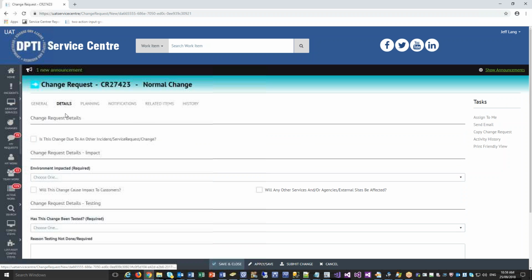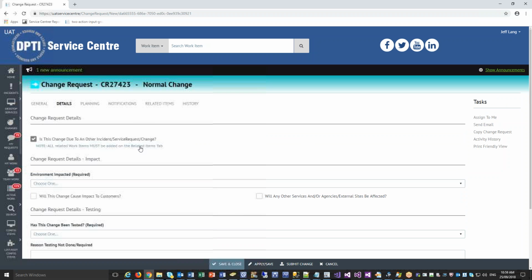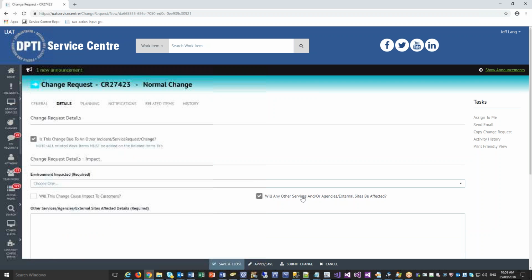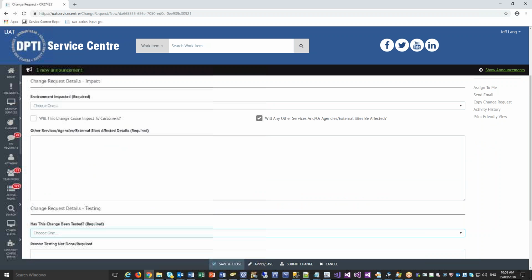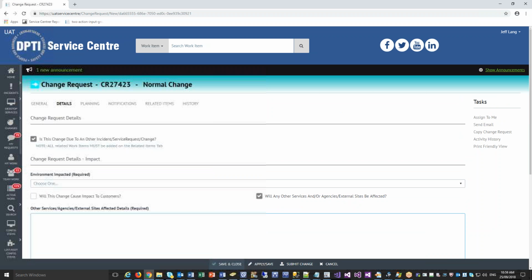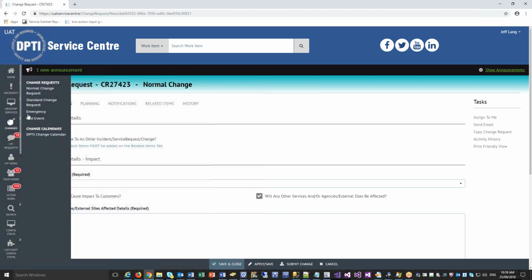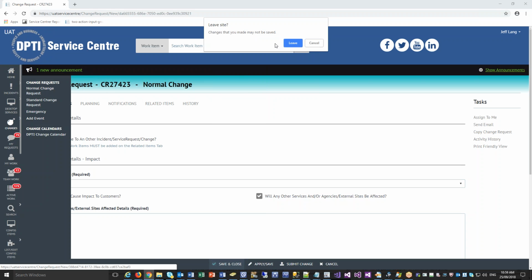Things like on the details page, is it due to another incident or service request? You click it and you get a comment saying everything must be related. Will it cause impact to customers or not? This one, if any other agencies are affected, you get a list of who else gets affected. Just different things like that, so it pops up things. Now, even though it's all using the same form, the standard and normal are actually different. So that was a normal. If we go to a standard,